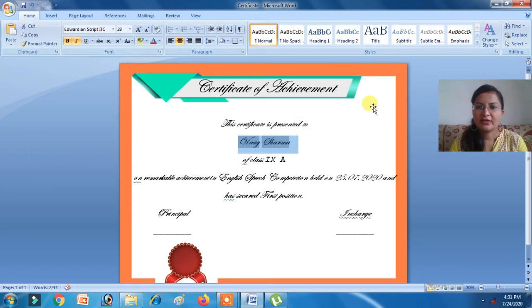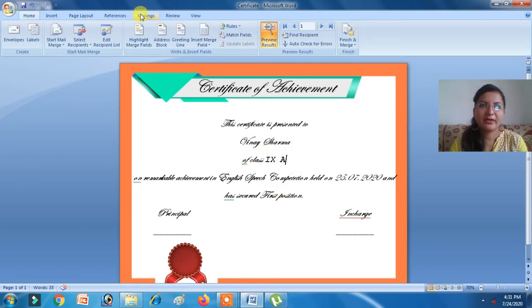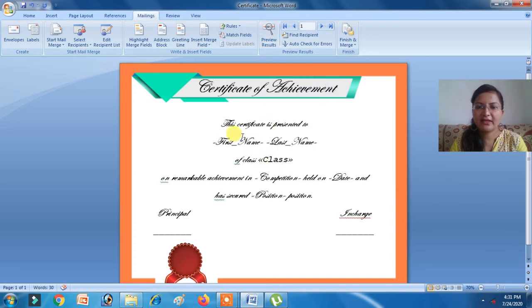Okay, so it is better you make changes in the merged. This one is the final document. Okay, go in mailings, then click on preview result again. Then again you will be able to see the merge field. Okay, these are merged field. This is merged document. Okay, and the document, the certificate that we prepared earlier, that was the main document. Got it? Main document, then it is merged with the merged field, and then it becomes a final document.